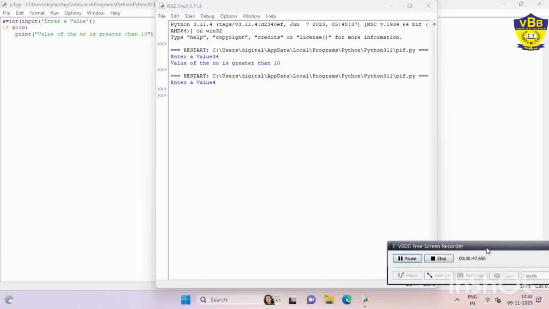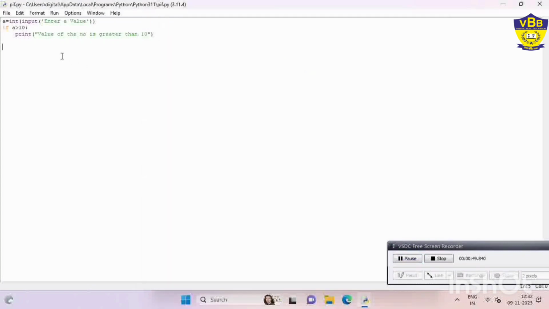The false condition statement is written with the help of else, and else ends with a colon. Write a print statement here with the message that the value of the number is smaller than 10. Why?